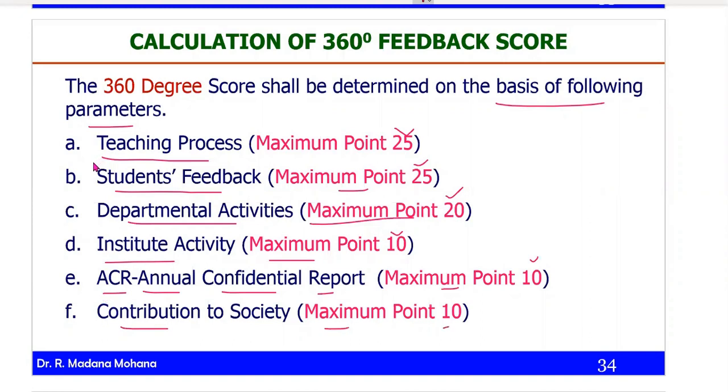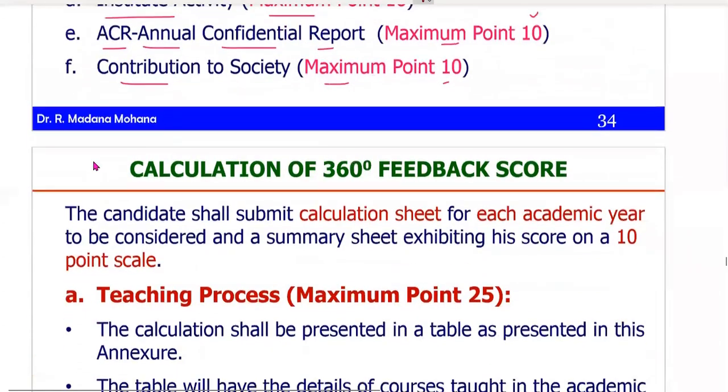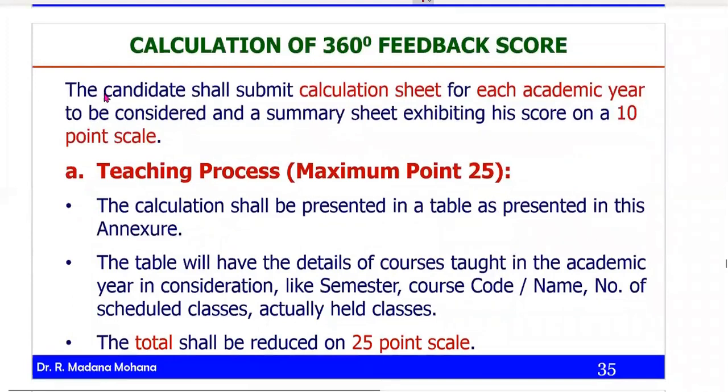So out of these parameters with these weightages, finally the grand total of all these parameters' weightage is calculated, then that can be converted into a 10-point scale. So that is the final 360 degrees average feedback. Okay, now let us see one by one briefly. The candidate shall submit a calculation sheet for each academic year to be considered and a summary sheet exhibiting the score on a 10-point scale. First,